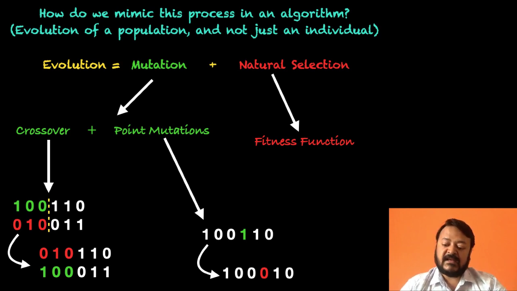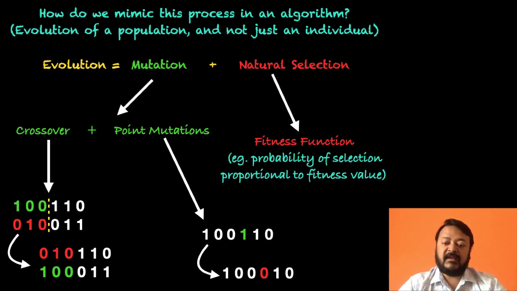Now coming to natural selection, what you do with a fitness function is that every time you have a process of selection, meaning that you have, let's say, one generation of your population, and when the next generation has to be created, you give a higher probability to those organisms or those cells or those sequences rather, which have a higher fitness. And that is how we model natural selection in algorithms.